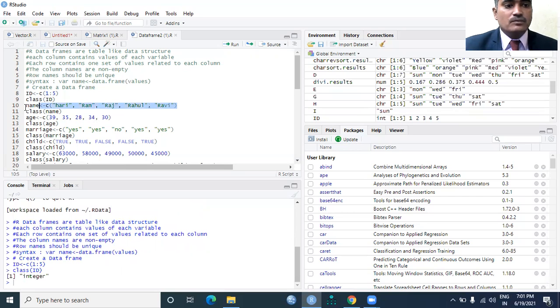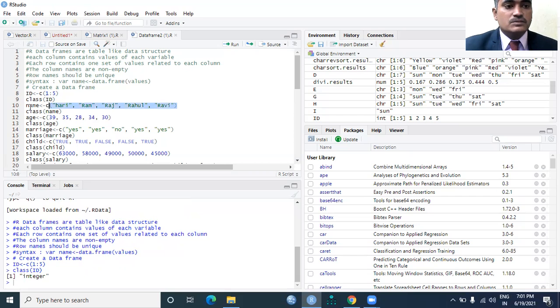And I would like to create one more variable by the name of names. With the left assignment operator, I want to create a c vector. The name variable includes Hari, Ram, Raj, Rahul, and Ravi.